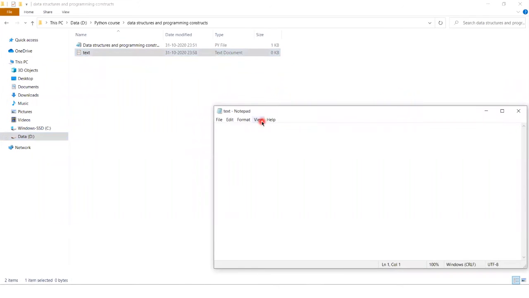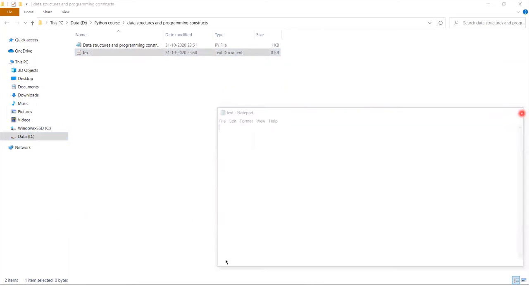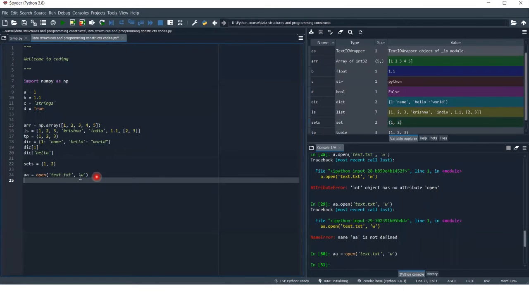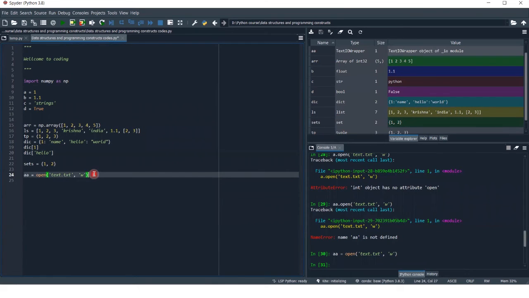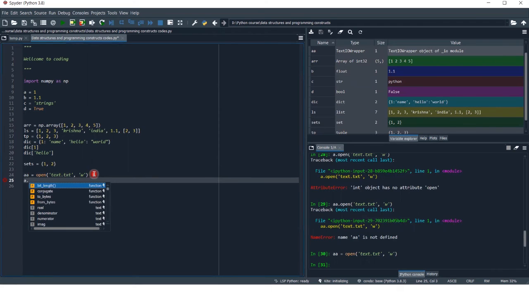Double click on this, you get the empty area. And when you get this text file, I open this text file in write mode. Write mode by w assign mode is in write mode. By w, it means that we can write some lines in this text file, and we are opening this text file in write mode. So let's write something on this.